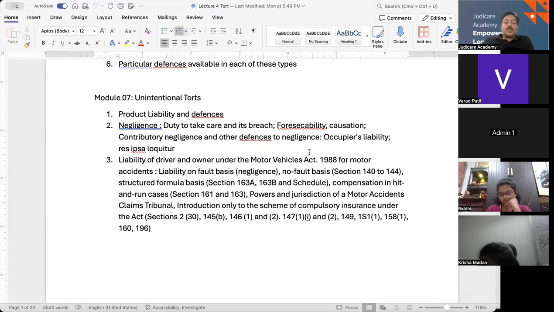For example, a store owner fails to clean up oil on his floor in a timely manner, or a restaurant owner who is not cleaning, or a hotel owner who has not cleaned his bathroom properly, and somebody goes and slips and breaks his head. People are tumbling and breaking their bones. Or a surgeon, again in the medical context, where these things are happening a lot, operates on the wrong side.